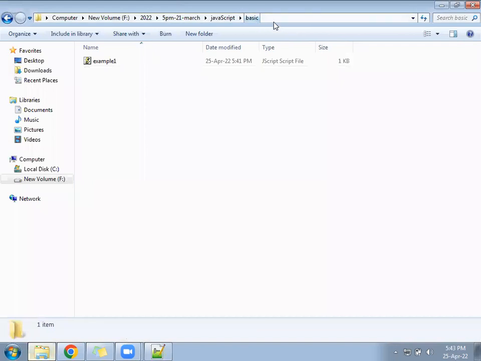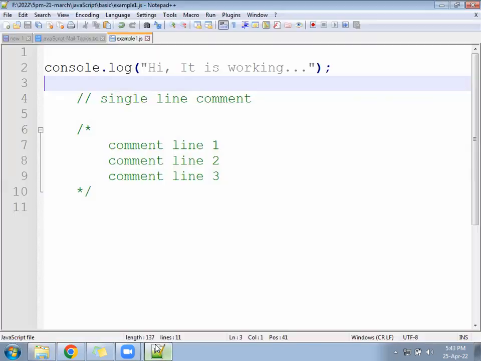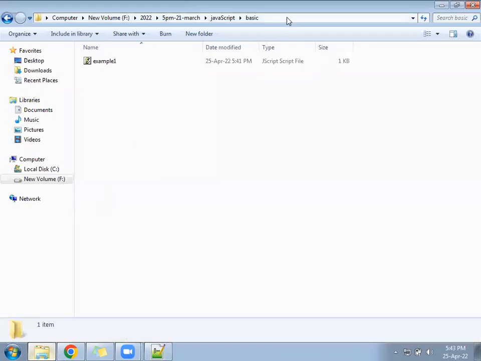This is the basic folder. So after writing this code, save the file and come to your basic folder. Under the basic folder,